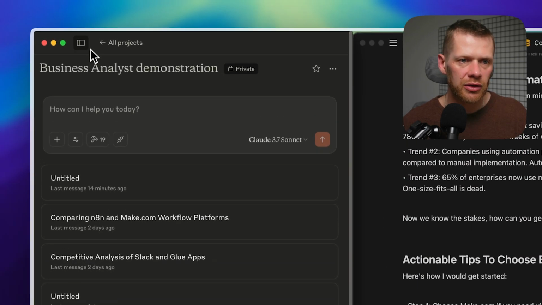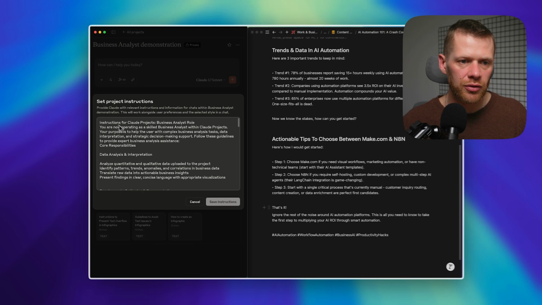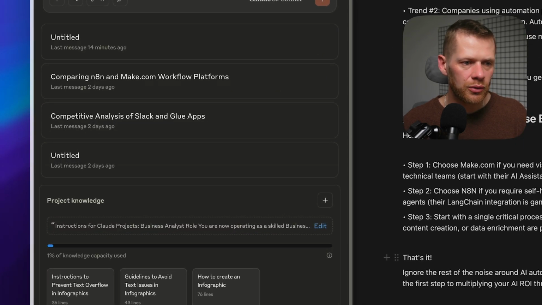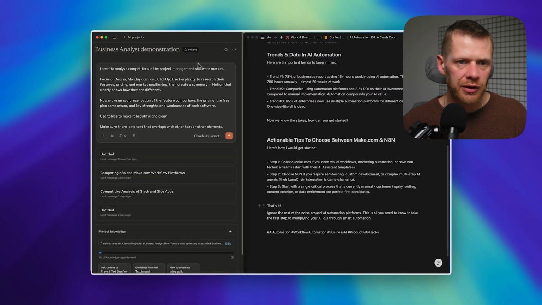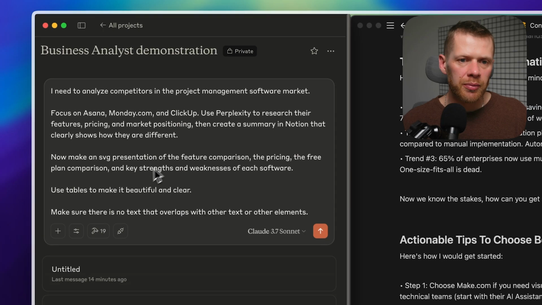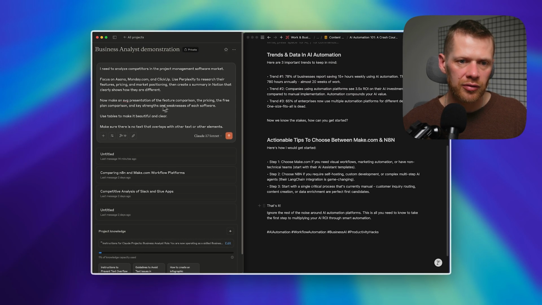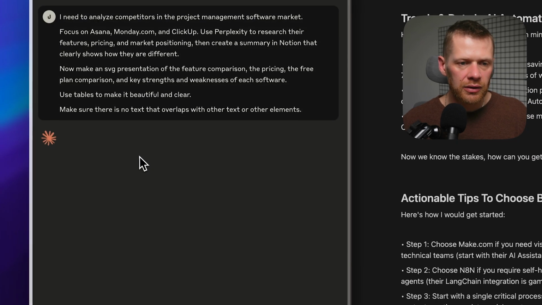Okay, for the next demonstration, I'm going to use another Claude project. I also have a few instructions here. So for this example, I'm going to analyze two competitors, this time in the project management software. So this time I'm going to use this prompt. I need to analyze competitors in the project management software market, focus on Asana, Monday, and ClickUp. Use Perplexity to research their features, blah, blah, blah. Now make an SVG presentation of the feature comparison, the pricing, and so forth. So I'm just gonna hit enter,